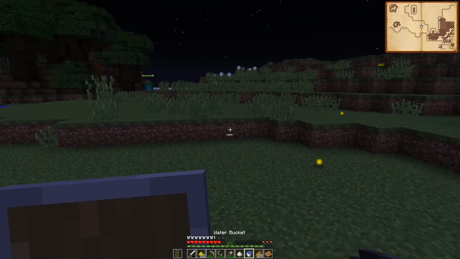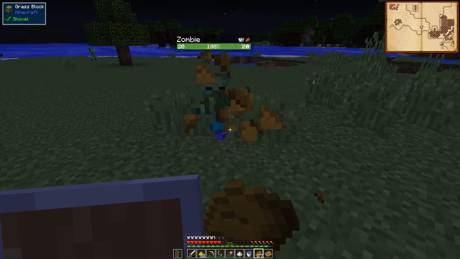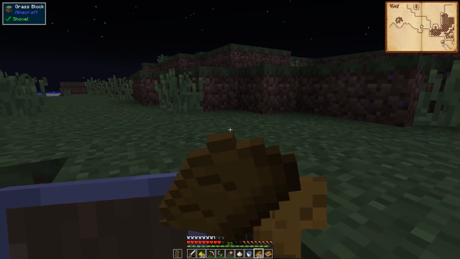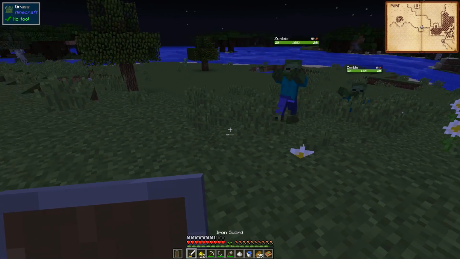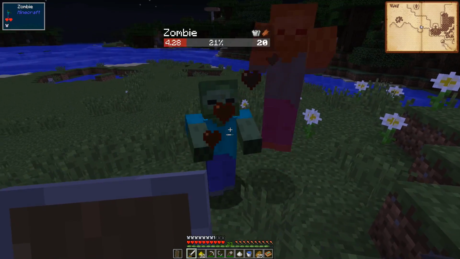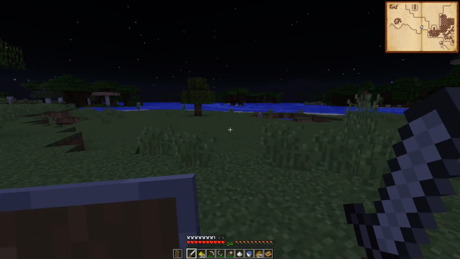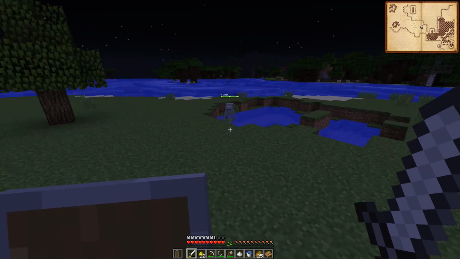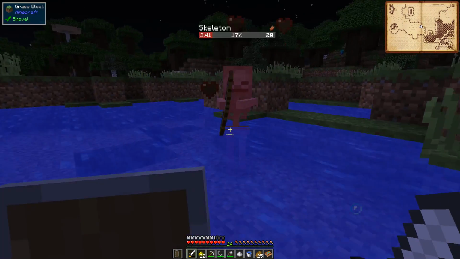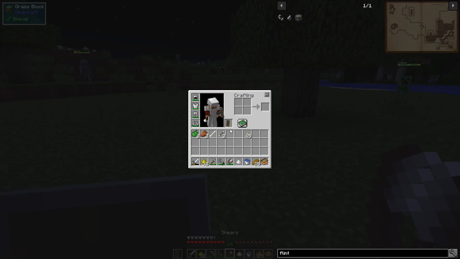Oh man, we need to eat something. Oh, he just shot me in the back. Okay, now we need a bone. So let's go see if we can't get one from this guy. Yeah, perfect. Alright, we got a bone. Now let's see if we can't maybe get